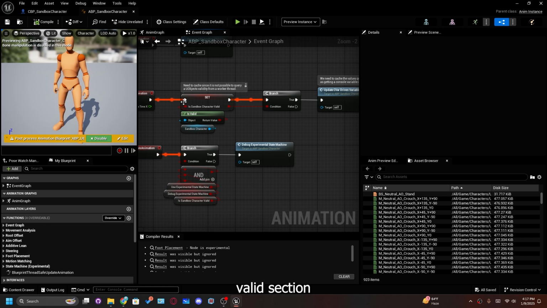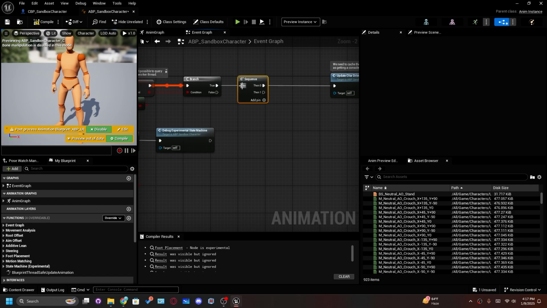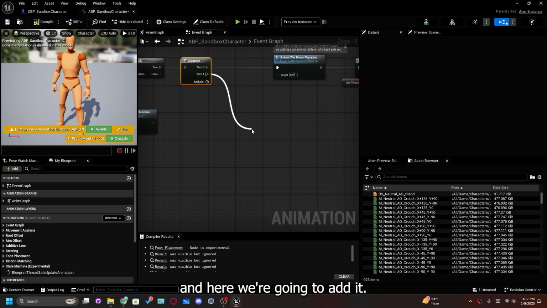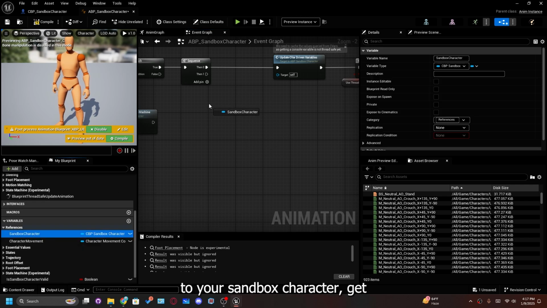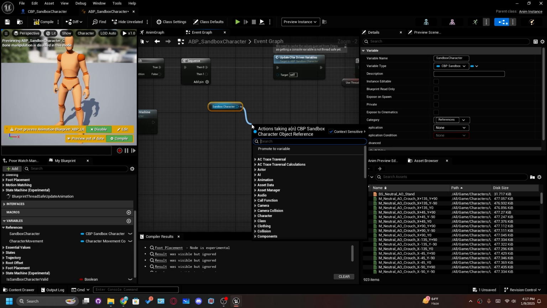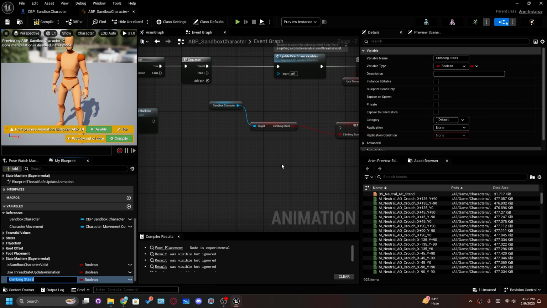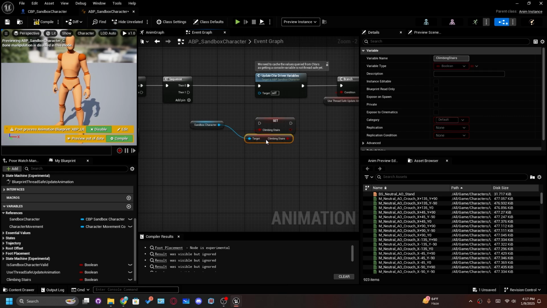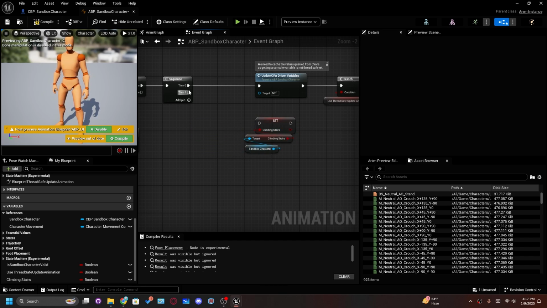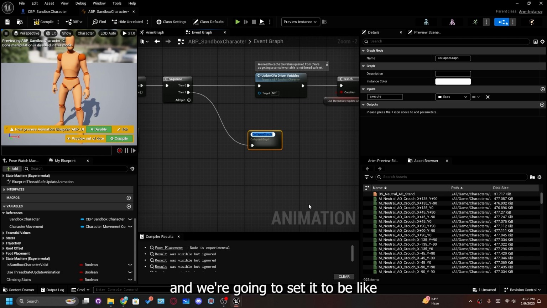after we do this valid section, we're going to grab them first, make a sequence, and here we're going to add a few things. So first of all, get a reference to your sandbox character, get climbing stairs, and make this not just a variable. Okay, and yeah. Also, we're going to make this a collapsed node,